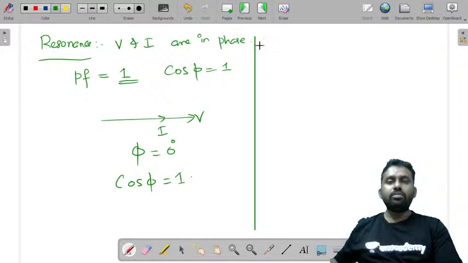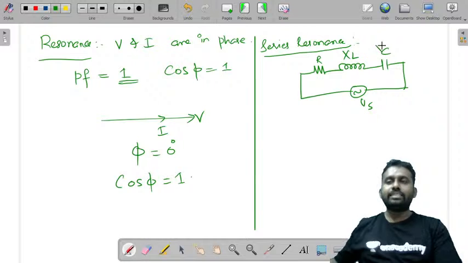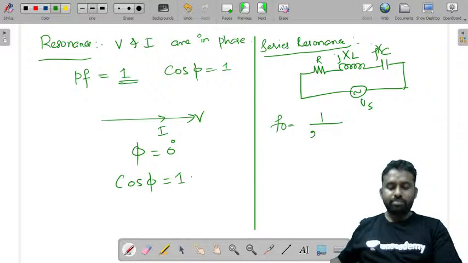Also, I told you about series resonance circuit. We have an R, L, C in series with an applied voltage Vs. You have R, L and C, this is XL and minus jXC. And we have found what F naught is equal to: 1 by 2 pi